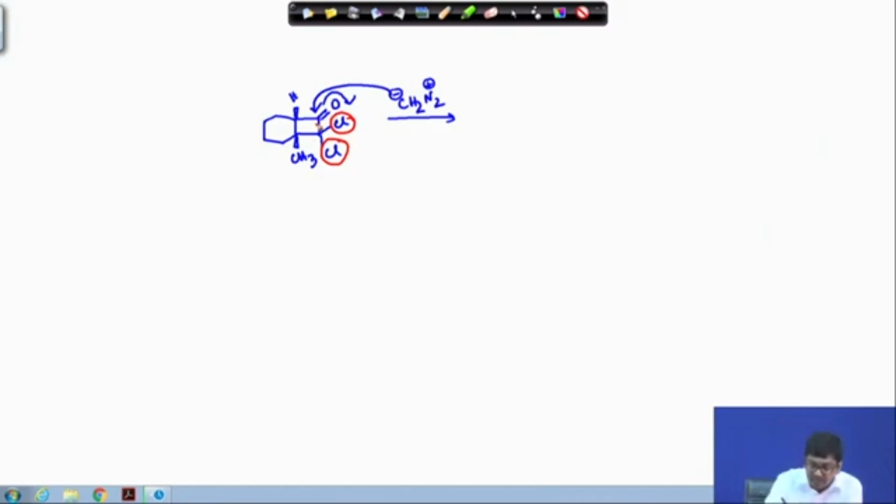that makes this carbonyl group more electrophilic. This carbonyl center becomes more delta positive. Okay. So, this place becomes more electrophilic. So, the diazomethane can react over there and give us this product, sorry, this intermediate, that is